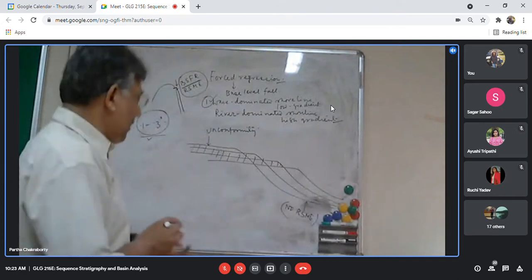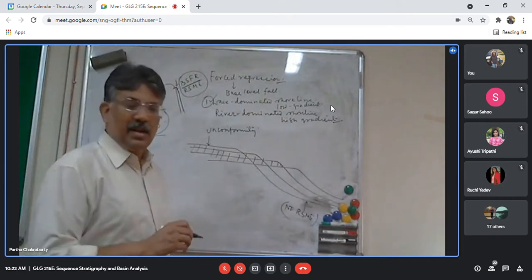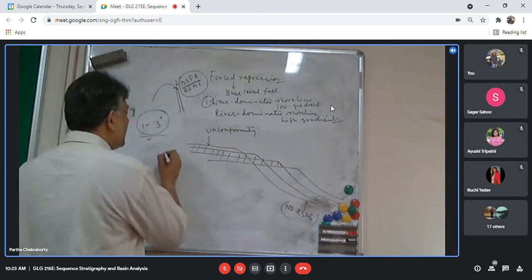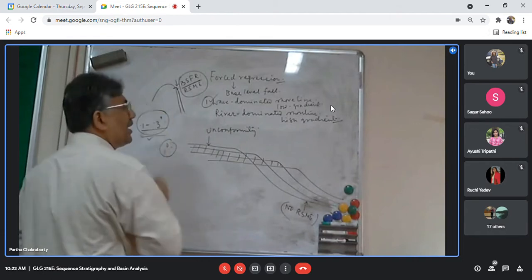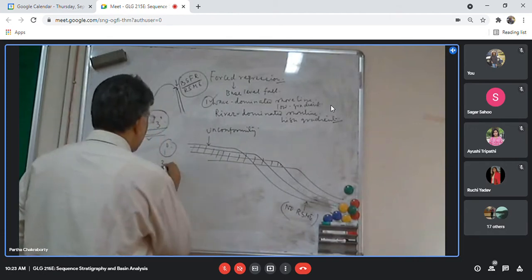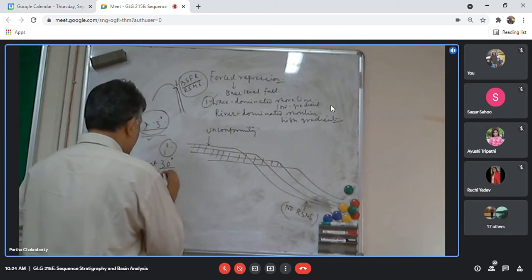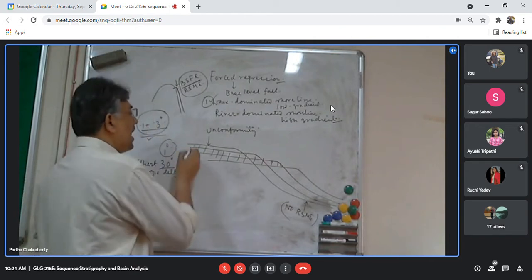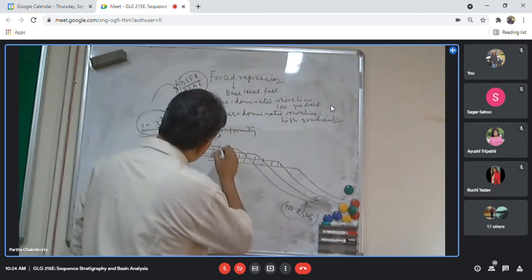So normally in a river dominated shoreline, as I discussed earlier also, the slope is about 1 degree, whereas in case of wave dominated it is 0.1 to 0.3 degree slope, and it can go up to 30 degree in the Gilbert type. So this high gradient, because of high sediment supply, means that you are getting the unconformity formed